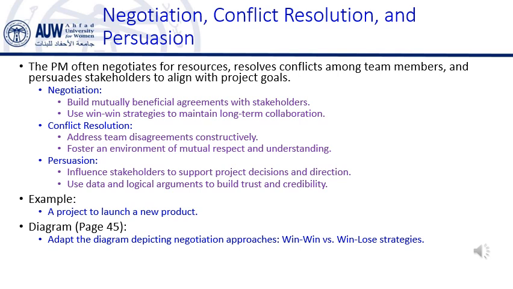Why are these skills important in project management? These three skills, negotiation, conflict resolution, and persuasion, are critical for a PM because they help the PM manage relationships, solve problems, and keep the project on track. As a project manager, you will be dealing with different stakeholders, each with their own goals, priorities, and perspectives. Negotiation allows you to find mutually beneficial solutions. Conflict resolution helps you manage disputes, and persuasion ensures that you can rally support for your decisions.